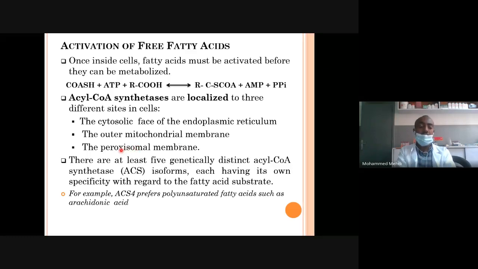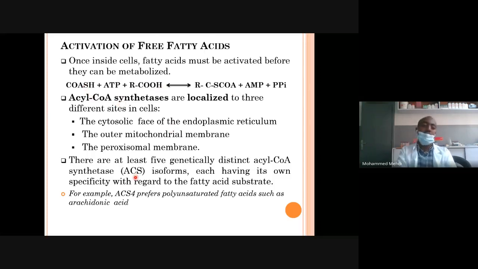In the peroxisome, the very long chain fatty acids, with carbon number greater than 22, will be shortened first. So we have beta oxidation in the peroxisome also. Therefore, we have this enzyme at the peroxisomal membrane. So these parts of the cell have this enzyme and activate fatty acid into